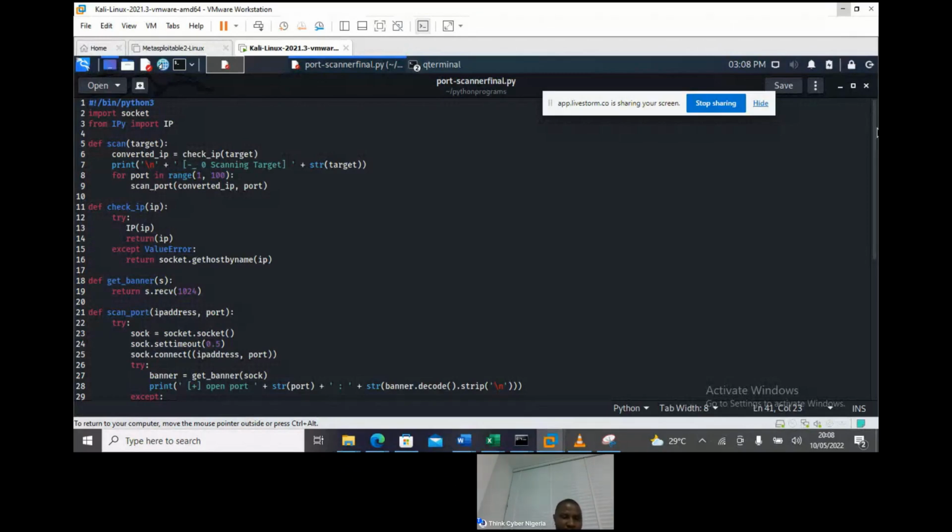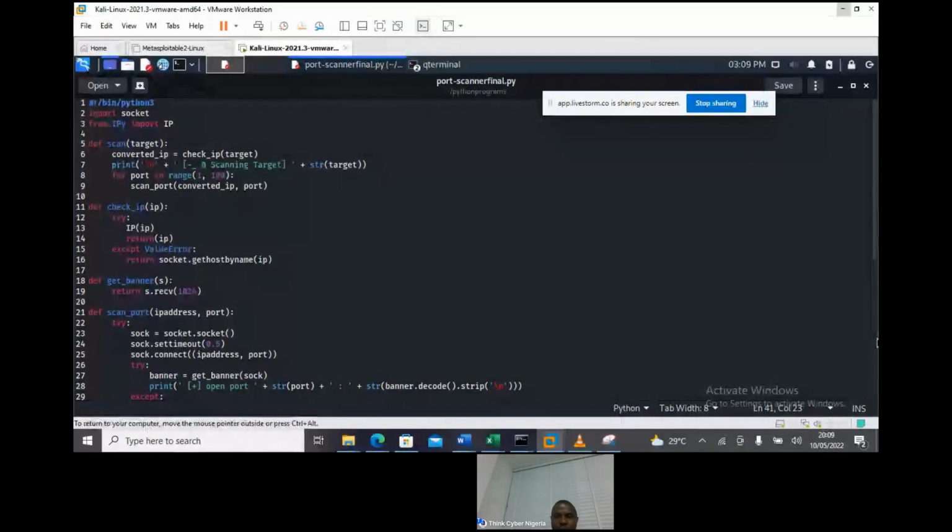we now defined the get banner function. This particular one receives 1024 bits of data. We now still look at the function called scan port. This is always the function. This scan port is actually the connectivity function. This is what it takes to connect.